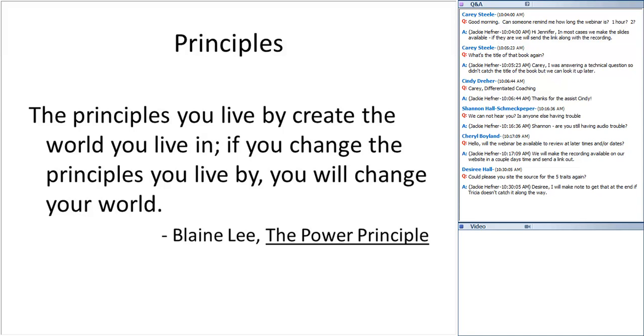So let me explain why having principles rather than just content knowledge on how to coach is vital. I'm going to tell you a little story about Ben and Emily. Imagine they're driving in a car. Ben is in the passenger seat, Emily is driving, and they get to a stoplight. The light is red, and Emily pushes on the gas and blows right through it. And Ben goes, "Emily, what are you doing? The light was red. Are you crazy?" She goes, "Don't worry about it. My brother does it all the time."